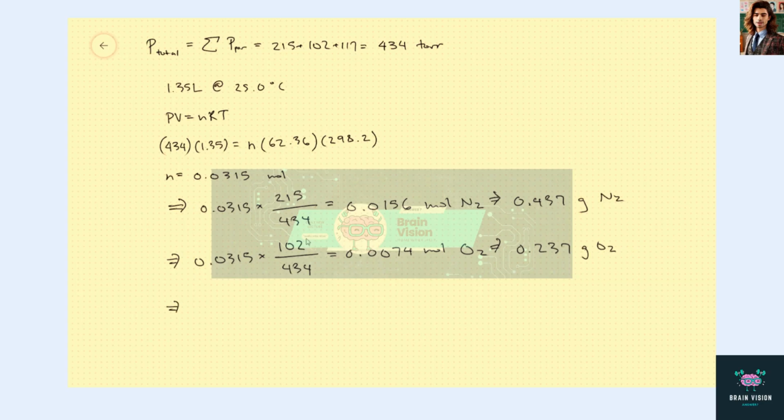Finally, you got helium. This is 0.0085 moles of helium. Helium's got a molar mass of 4. This corresponds to roughly